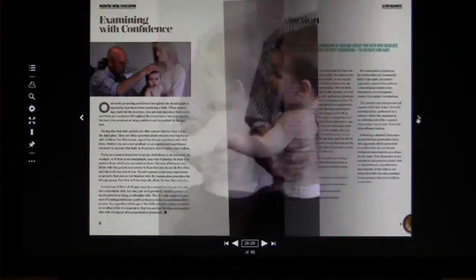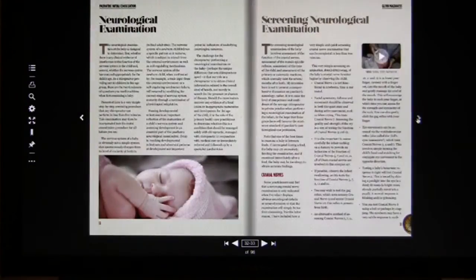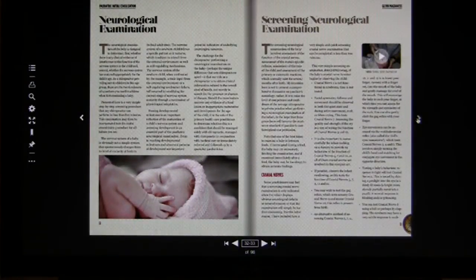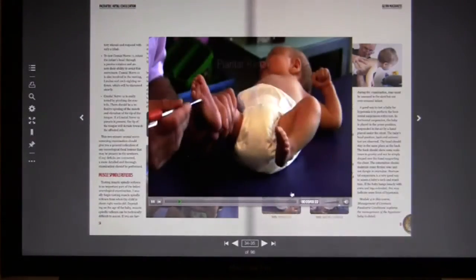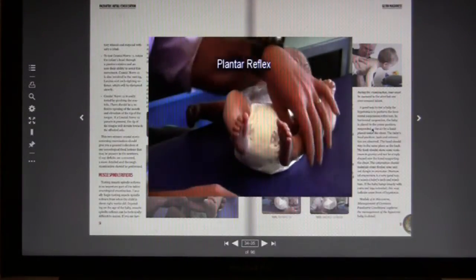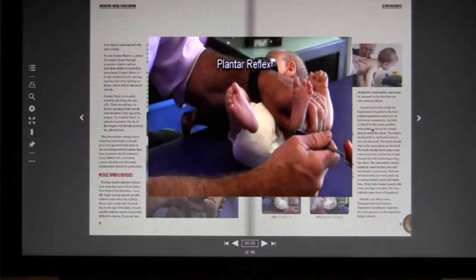So the information is presented in written form, clearly describing each procedure. But the beauty of this information being in digital format is that you can then click on the video to see the procedure performed for you. This makes mastering the procedure so easy. Whether this be a specific neurological examination such as this plantar reflex examination,